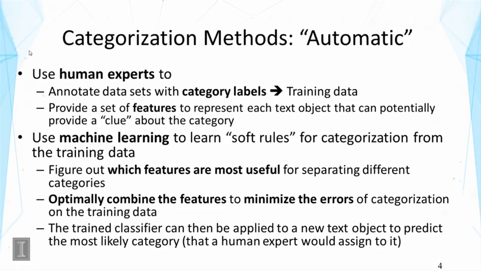So the learning process basically is going to figure out which features are most useful for separating different categories. And it's also going to figure out how to optimally combine features to minimize errors of categorization on the training data. So the training data, as you can see here, is very important. It's the basis for learning. And then the trained classifier can be applied to a new text object to predict the most likely category. And that's to simulate the prediction of what a human would assign to this text object if the human were